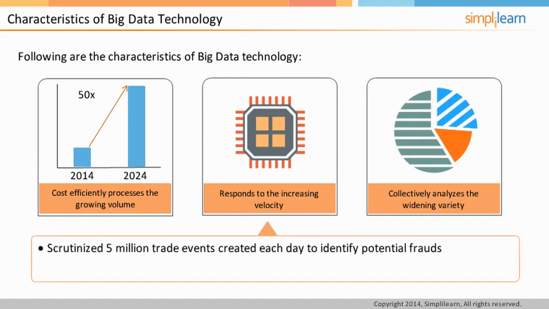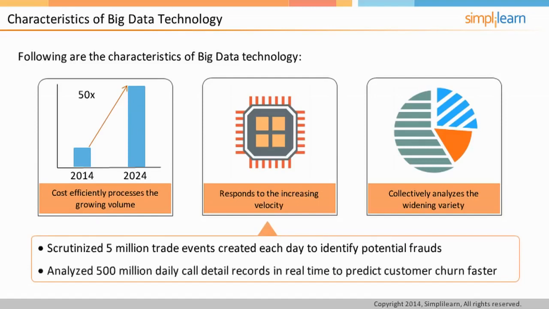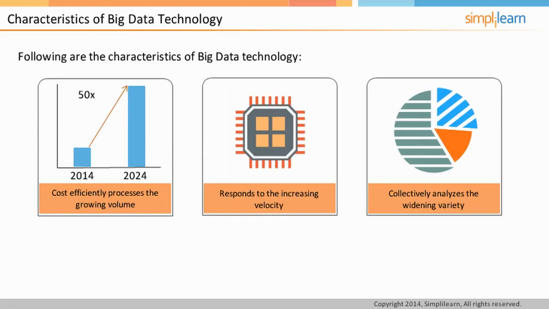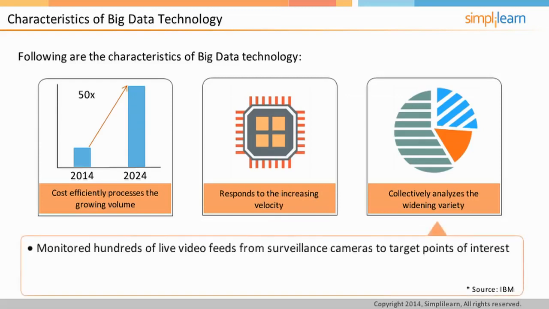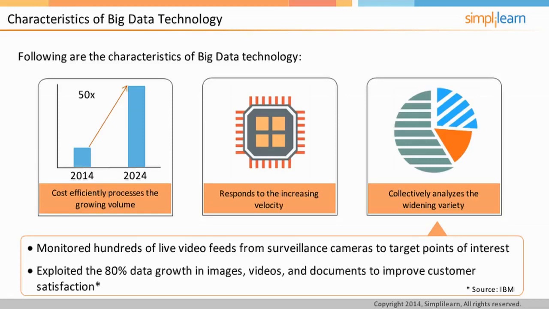Big data technology also helps to respond to the increasing velocity of data. For example, it has scrutinized 5 million trade events created daily to identify potential frauds. It has helped to analyze 500 million daily call detail records in real time to predict customer churn faster. Big data technology can collectively analyze the widening variety of data. For example, it has helped to monitor hundreds of live video feeds from surveillance cameras to target points of interest for security agencies. It has also been able to exploit the 80% data growth in images, videos, and documents to